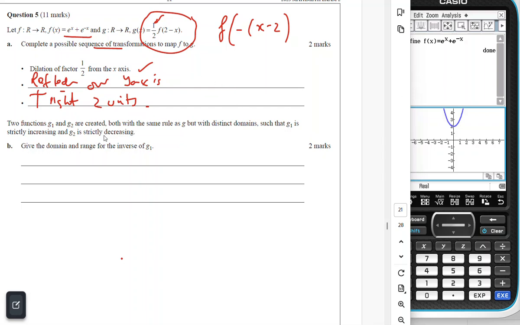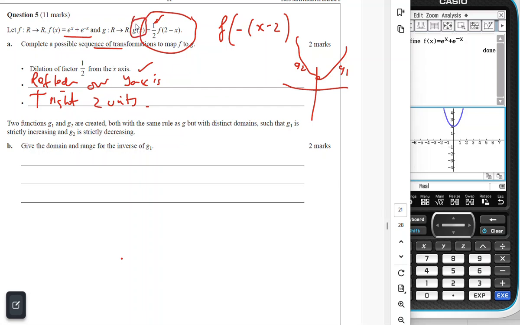Two functions g1 and g2 are created, both with the same rule as g, but with distinct domains such that g1 is strictly increasing. So this is g1 because it's got an increasing gradient, and g2 is strictly decreasing. So that's my g2, dividing g into two one-to-one functions. So if this is g1,